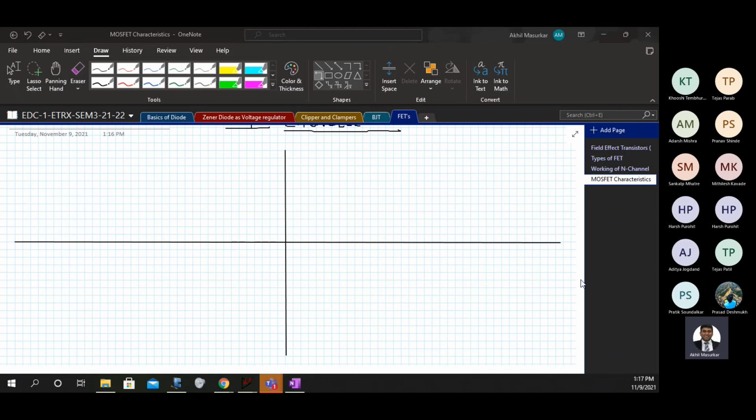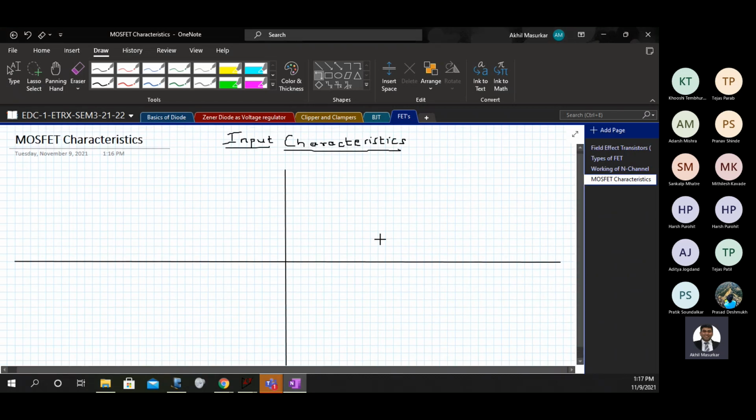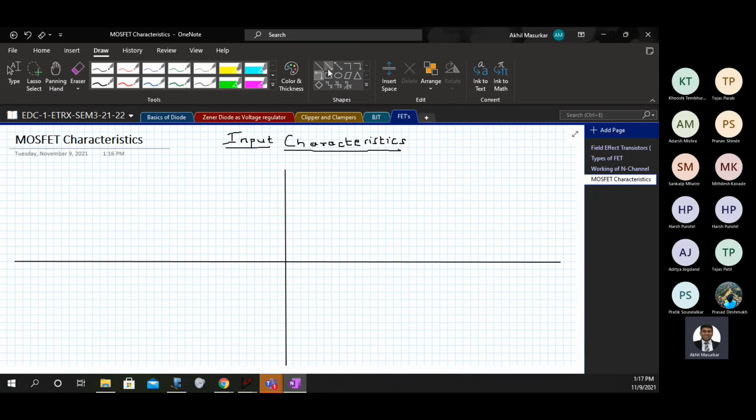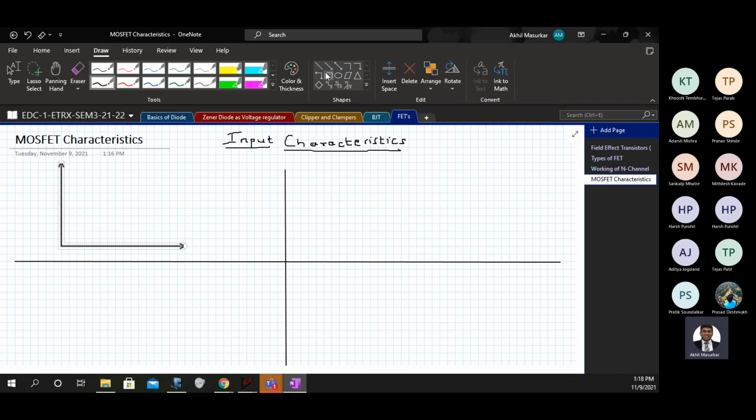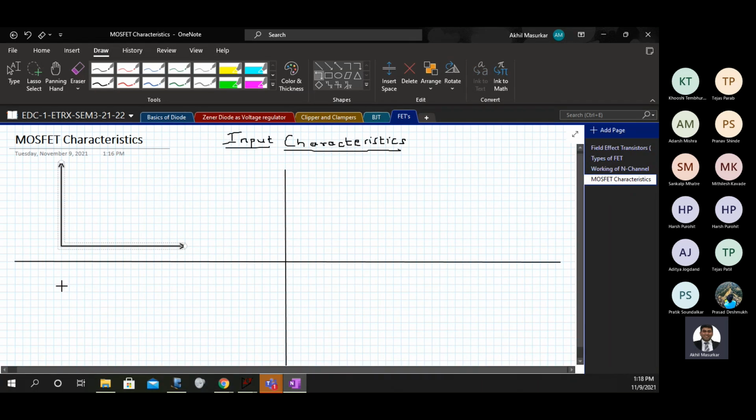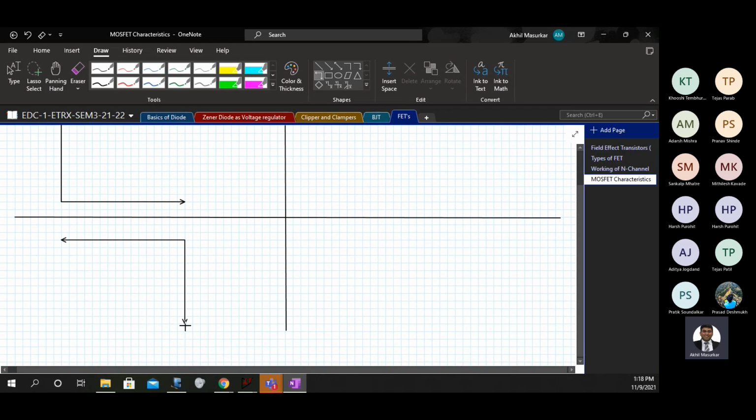So here we will first test the characteristics of the MOSFET, and starting with input characteristics. So you can start drawing like this. So first we will see input characteristics of NMOS. Then we will see input characteristics of PMOS.